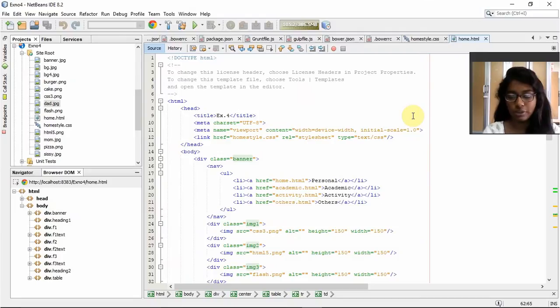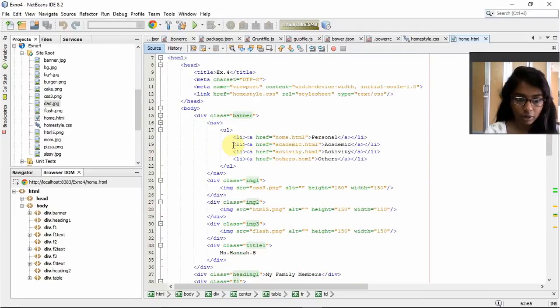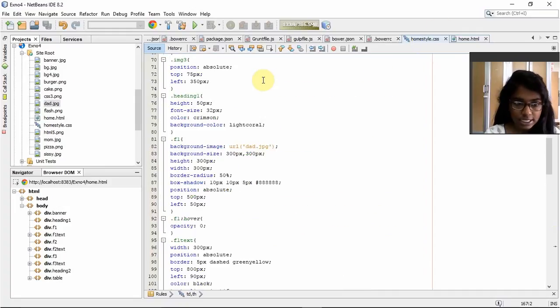So this is the HTML file. In this I have the similar thing. Inside my head tag I have all the metadata, and I have the link of my CSS file, and then I have my body. Inside the body I have many classes. Inside the classes I have a class called banner, and in that I have all the navigation. So for the navigation, then in my CSS,